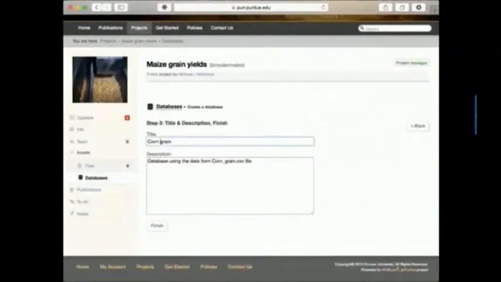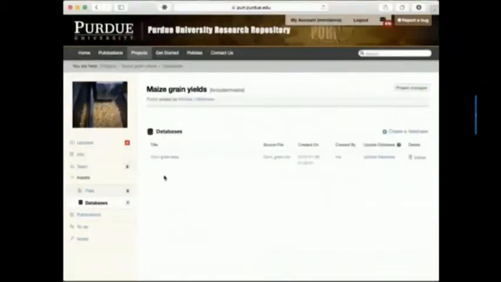And then I can save this for now in the project area and share it with my project team because we've got a lot of work to do, cleaning up the data and making sure that it looks good. So I'll save this table inside the project, and now it's listed on the databases area. You can see there it is. You can see the CSV file.